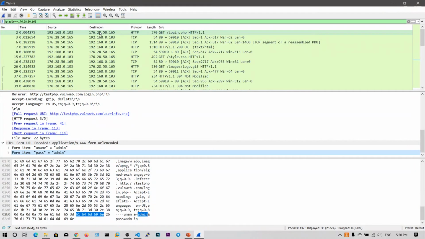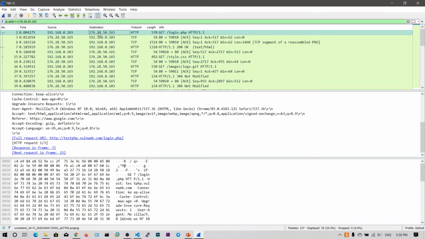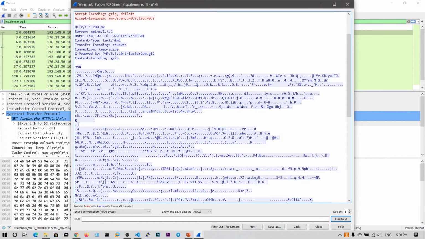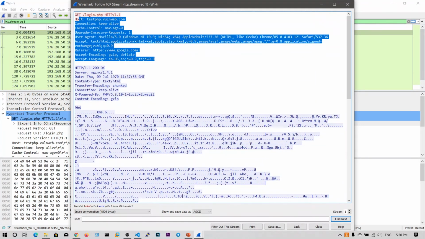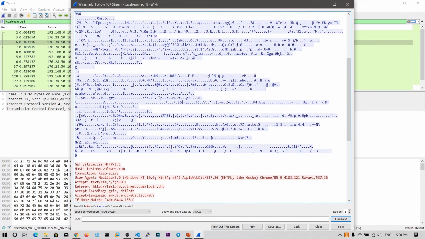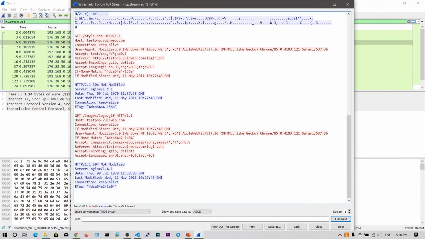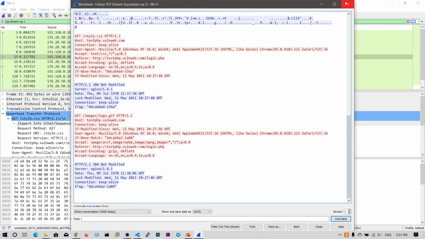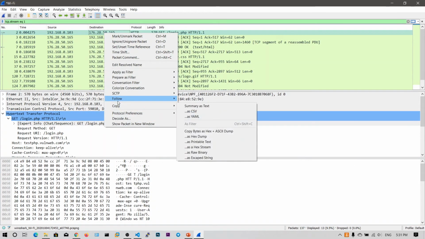And one more thing I want to show you is, if you right click on this packet, you can choose Follow TCP Stream. What this TCP stream does is collect all the packet information within the TCP stream and arrange it in a neat format for us. So let me click this. So this is my request. I am requesting the login.php file, and the response I got is OK, take this. Next I am requesting style.css files and logos.